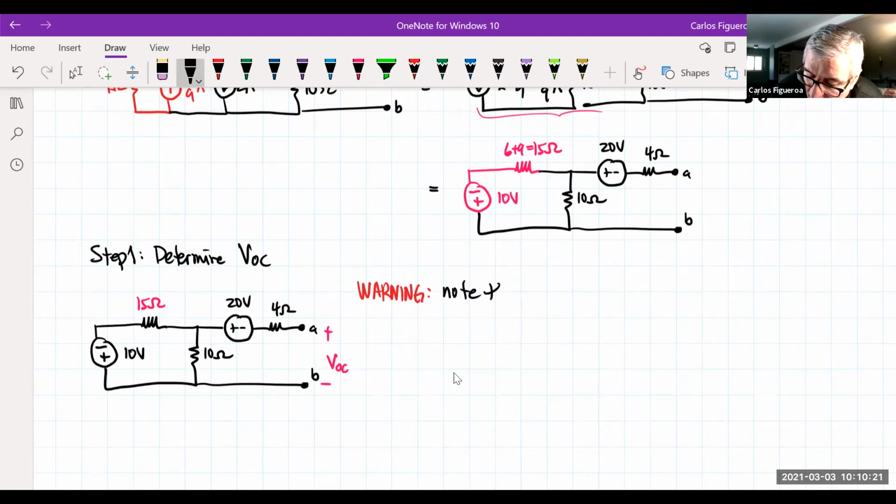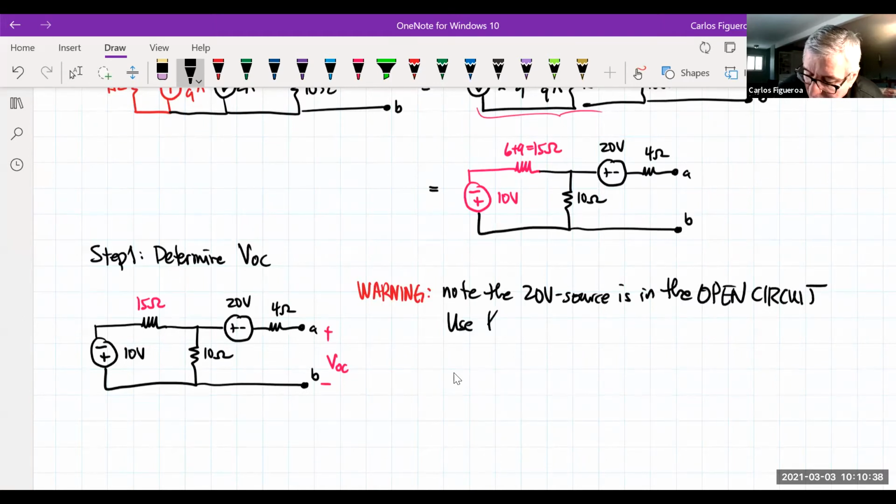Note the 20-volt source is in the open circuit. The big hint here is that use KVL to determine